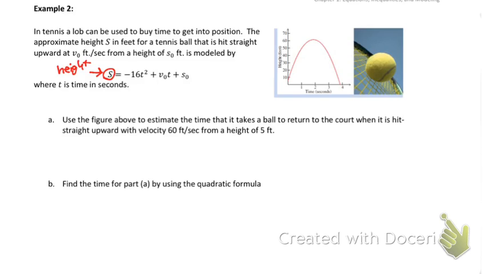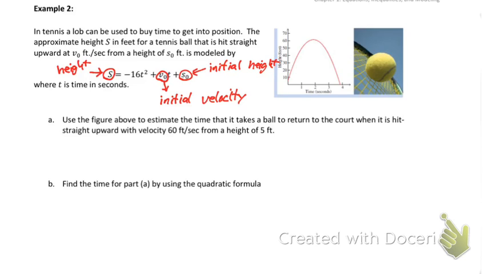seconds. And I'm specifying the height of the ball after 3 seconds because if we look at that S sub 0, that is the initial height. That's the height the ball starts out at. And finally, that V sub 0, not only is it our velocity, it is more specifically our initial velocity. Not too important here, but in physics it really is because you lose velocity as you start traveling. That would be a different formula, and we're not going to worry about that. So all we care about is our initial velocity, our initial height, and t is our time, and the left-hand